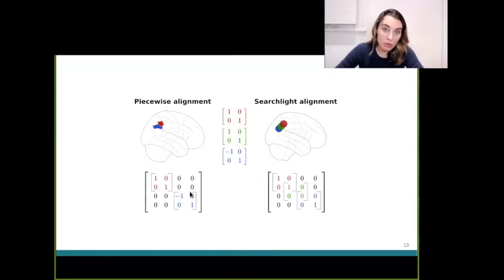And the reason they're smooth is that unlike piecewise alignment, where you have these hard boundaries of non-overlapping regions, in searchlight alignment, you really enforce overlap between different regions. So here, whereas before red and blue didn't overlap at all, now, although red and blue still don't overlap, we intentionally introduce a third green region, which is the overlap between these two regions. And so this allows us to have a smooth representation across cortex without any